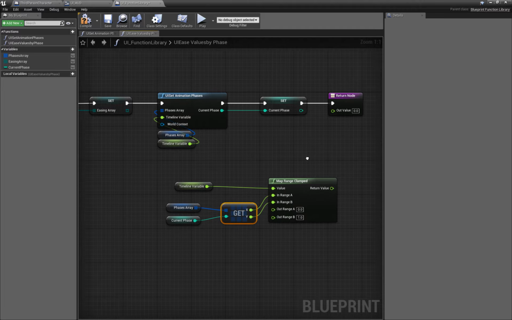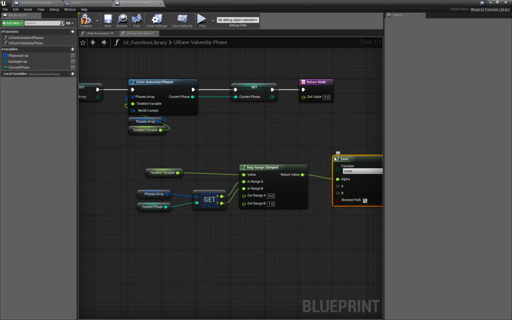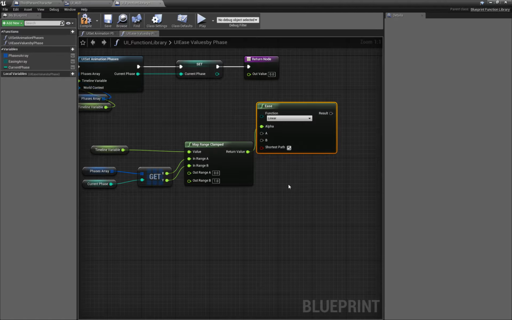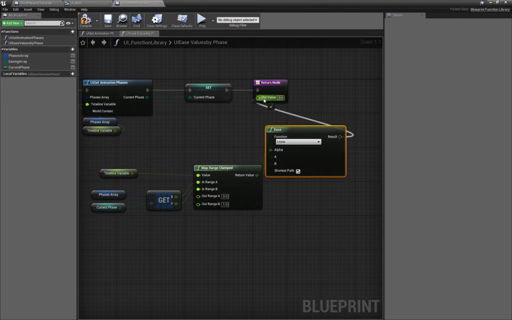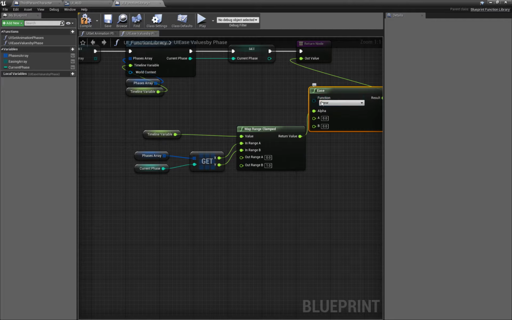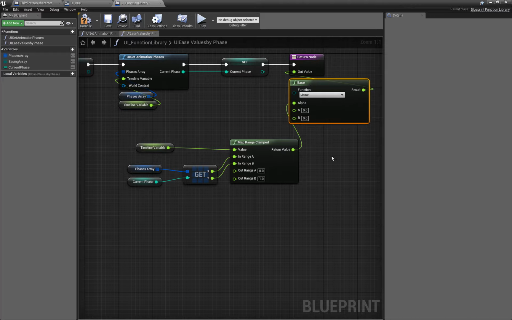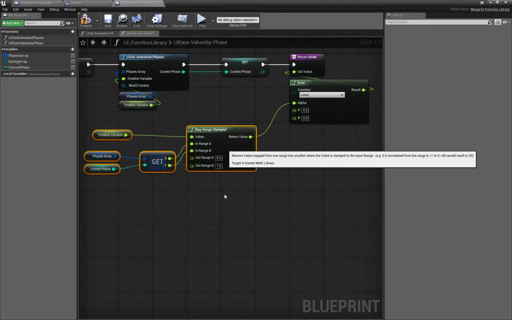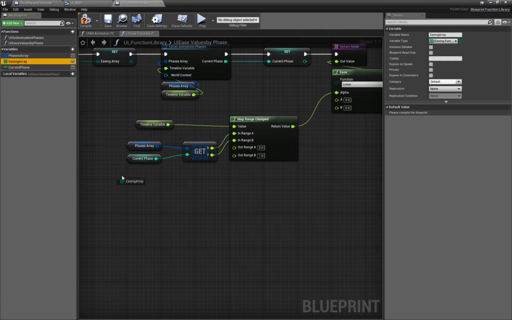And then we're going to put that into this easing function that comes standard in Unreal. And then that's going to go in here. Now right now we have a drop down right here of all the easing values that we can use inside of Unreal, but we don't want to set that here. We want to set that in the animation when we make the animation. So what we're going to do is grab the easing array,